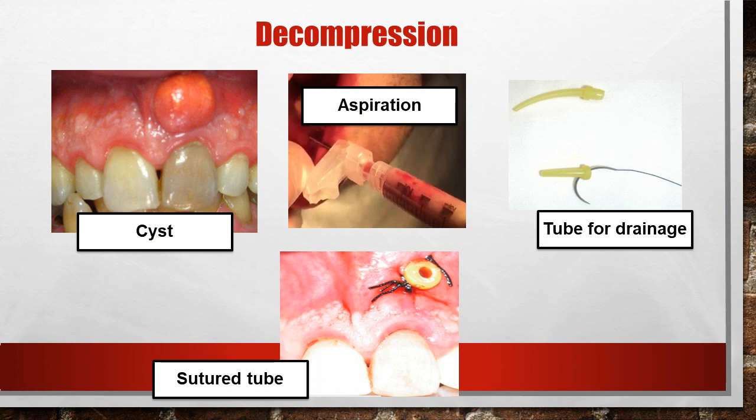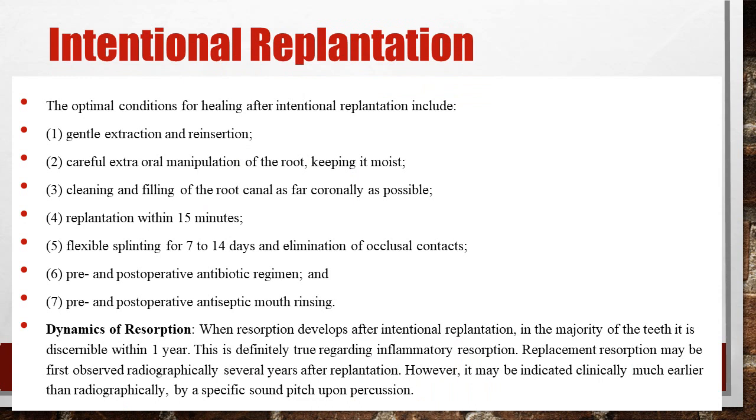Decompression is nothing but the deballooning of soft tissue swelling which is seen. So you have to do a small incision. You have to aspirate the fluid, whatever is there. You have to keep a tube for drainage for a couple of weeks, and you have to allow for the drainage to occur, and of course you have to suture the tube in place. So after a week or maybe 1.5 weeks, you can remove the tube, and you will be able to see that the lesion has disappeared or significantly reduced.